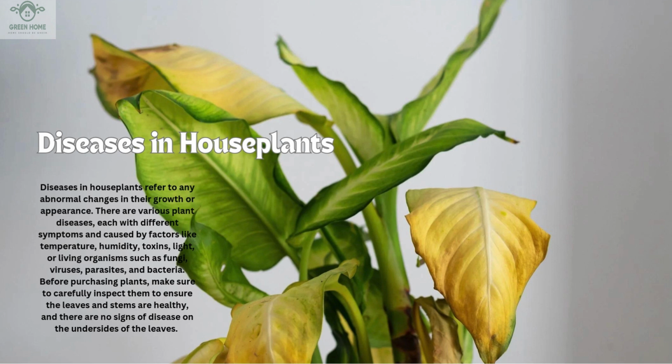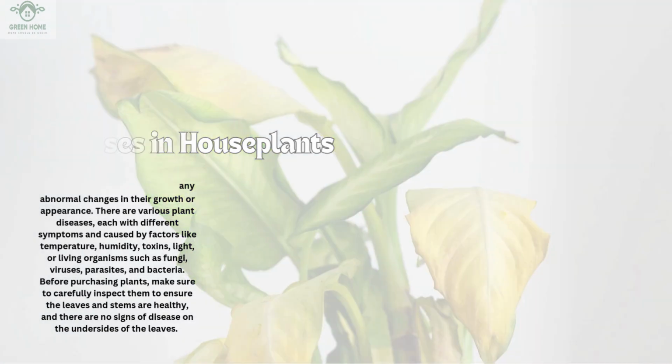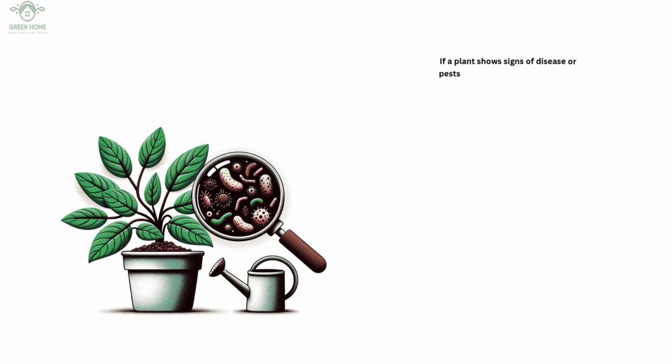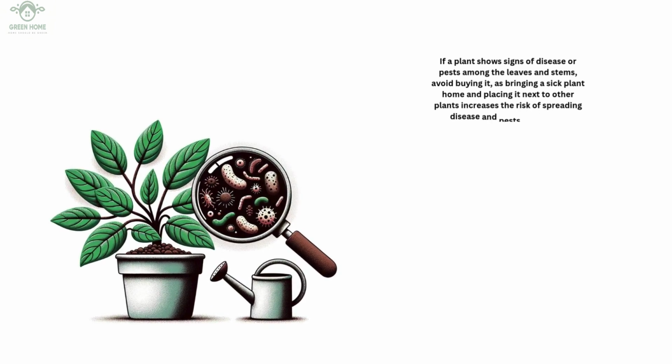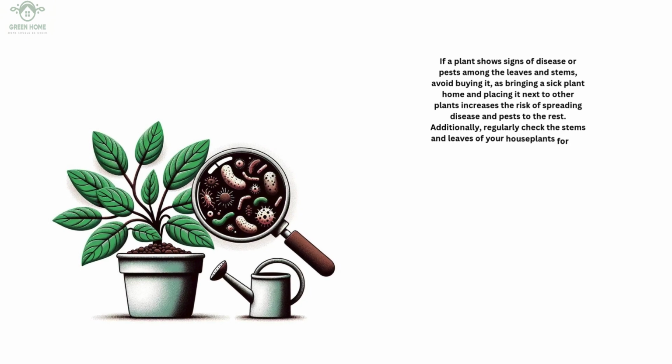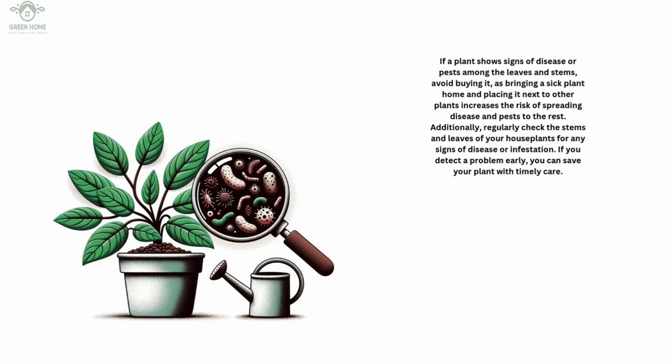Before purchasing plants, make sure to carefully inspect them to ensure the leaves and stems are healthy and there are no signs of disease on the undersides of the leaves. If a plant shows signs of disease or pests among the leaves and stems, avoid buying it, as bringing a sick plant home and placing it next to other plants increases the risk of spreading disease and pests to the